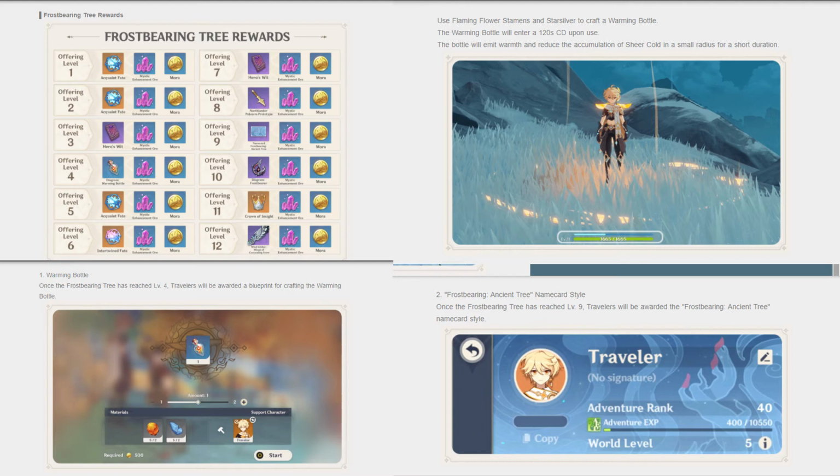So when you get your Frostbearer tree to level 4, you will actually unlock the Warming Bottle. To craft these, you will need Flaming Fluorestamens and Star Silver. The Warming Bottle has a 120 seconds, or 2-minute, cooldown upon use, and the bottle will emit warmth and reduce the accumulation of sheer cold in a small radius for a short duration. So I think you will have to be stationary when you use this, but it will get the job done,